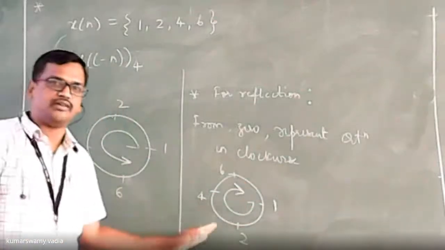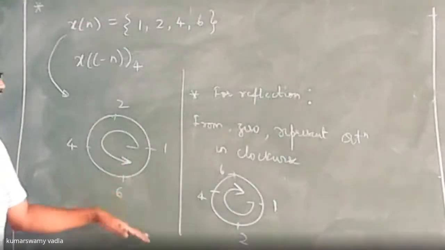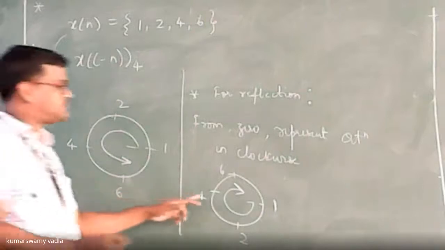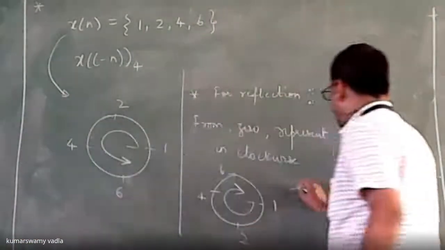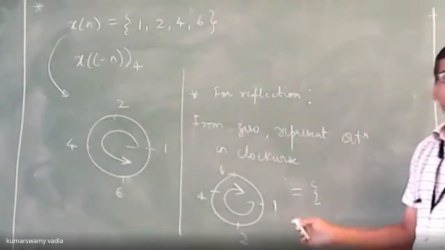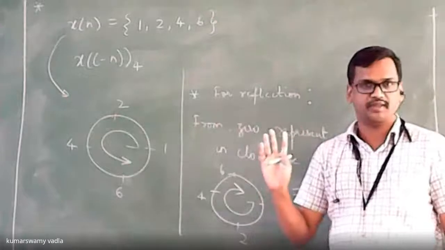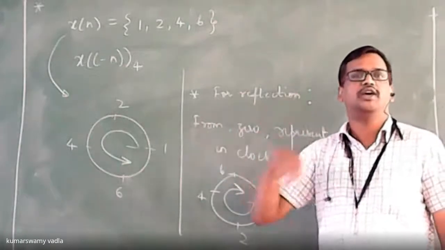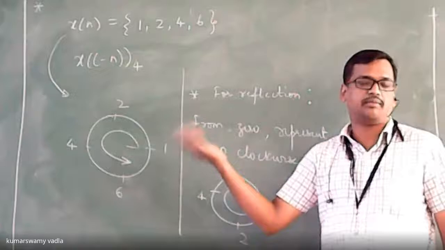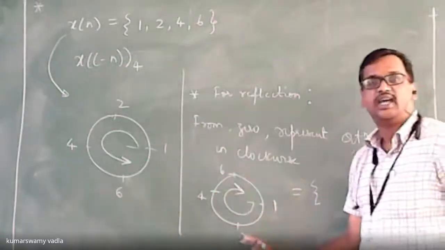Is this point clear for everyone? Yes, sir. Okay. Finally, while writing down the answer, again you should write it in the form of anti-clockwise. Writing down the final answer is common for all the processes, whether it is anti-clockwise, clockwise, delay term, advanced term, or reflection. The final answer you should represent in anti-clockwise.